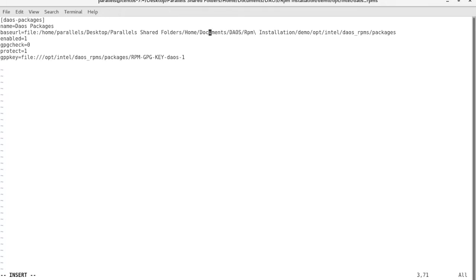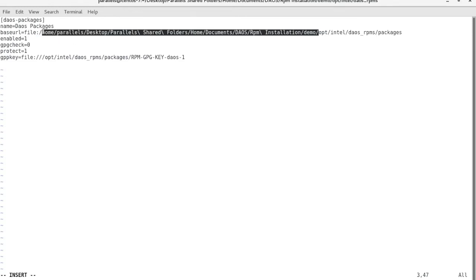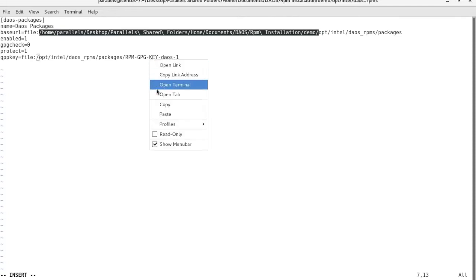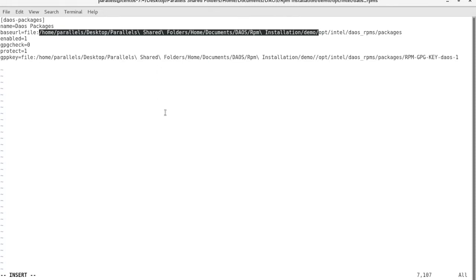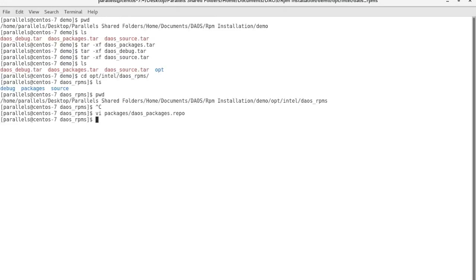In my case, I have some spaces in my copied location, so I will have to provide a backward slash. So be careful you don't have any spaces in there, and the location is exactly the same. Let's copy this and do the same for the GPG key. Save the file, and then let's do the same for